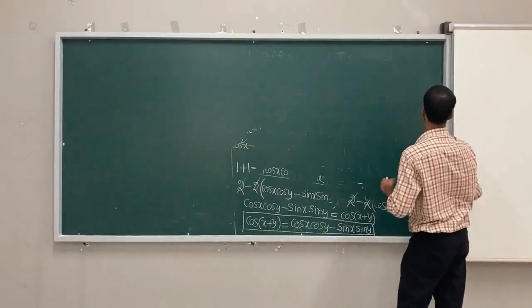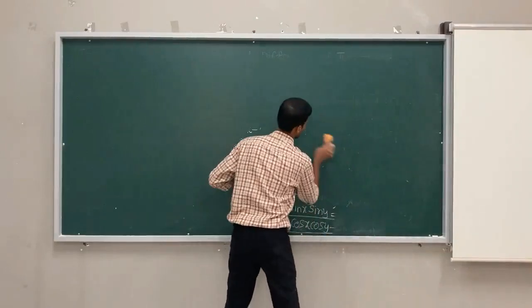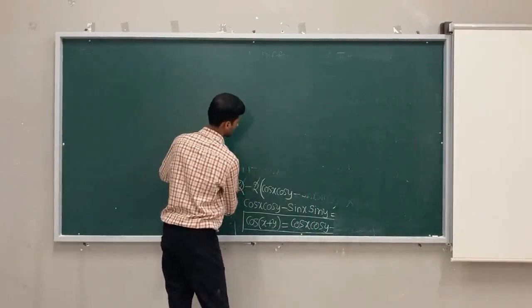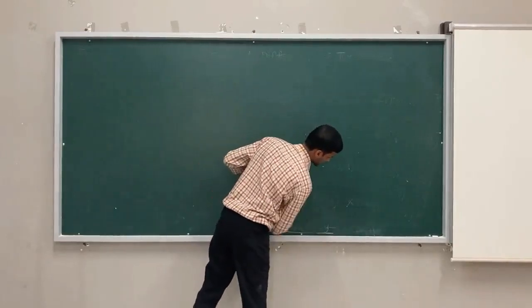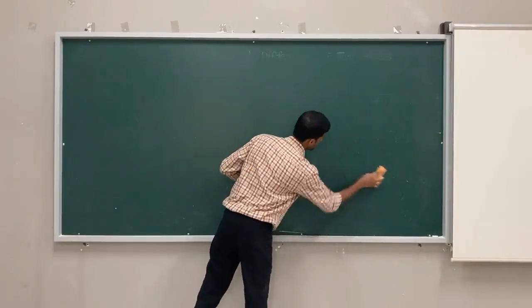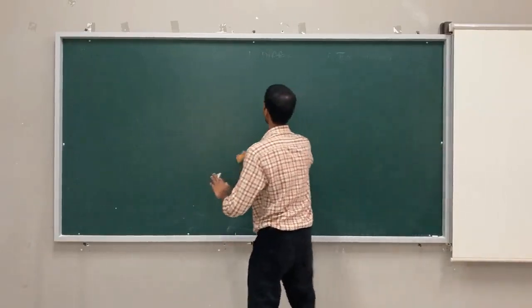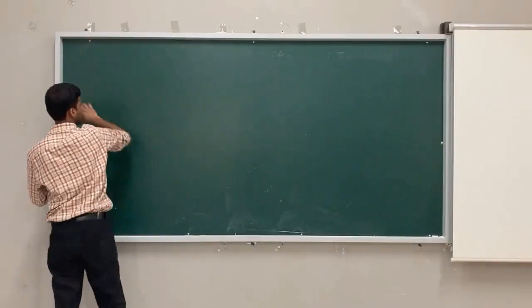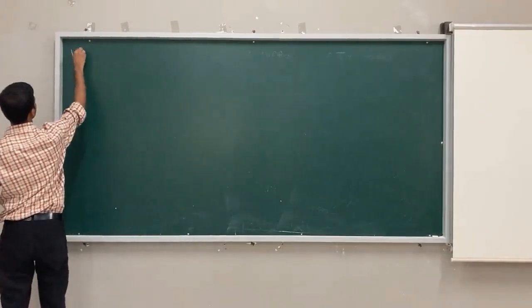So we will deduce some results based on the cos of x plus y result. In the exam they will ask to prove or deduce cos of x plus y, and hence prove a few results on it. So how to prove this result? Let me see. We know that,